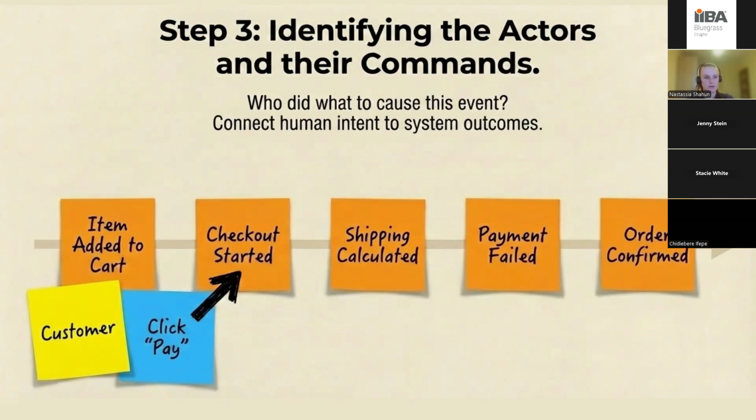So as you can see on the slide, checkout started. This is just the result of some actions, that someone performed some action in the system. So the business just cares about the result, these orange cards, but how to read it, how to understand how this event happens, right? We understand that the customer clicks the pay button on the UI, and then the checkout started. So this is the way how to read it, I wouldn't say the notation, but the part of the flow that you can see on the screen.